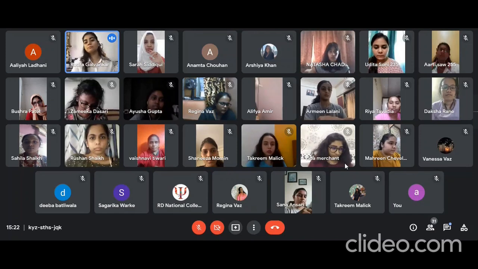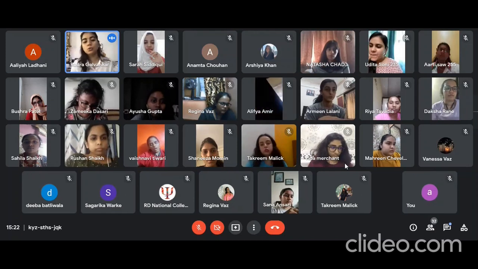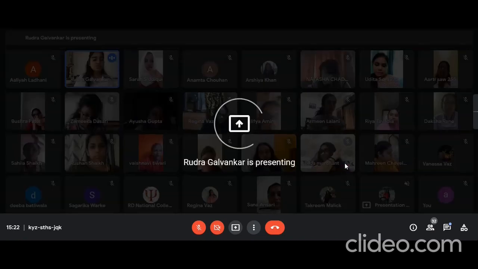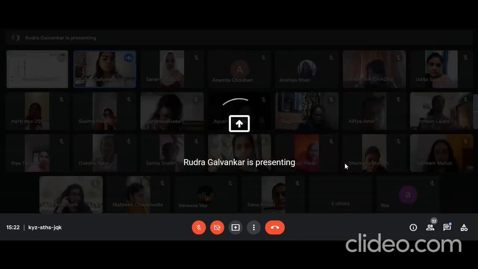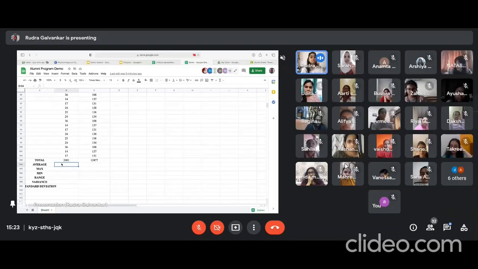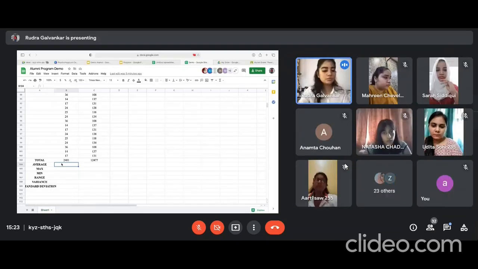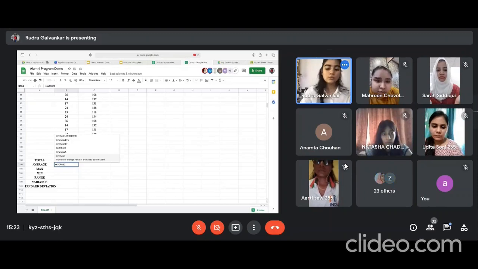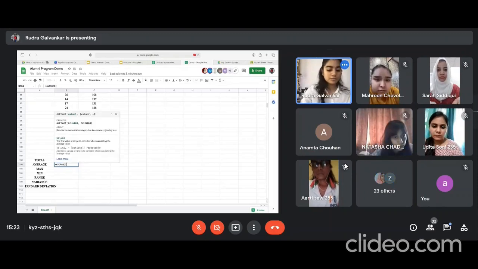So normally the average formula is the total divided by the number of observations, right? So here it will become too much of a calculation if you have to do 2401 divided by 100. So the formula for finding the mean or average is equals to, put AVERAGE and then select your cells the same way. Open your bracket. This will be B3 colon B102. Close the bracket and enter.